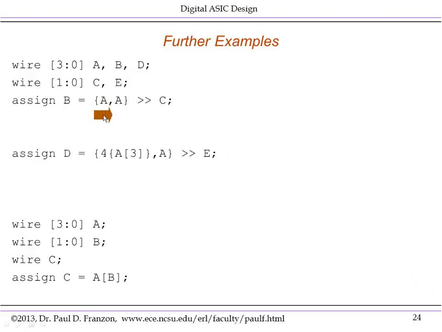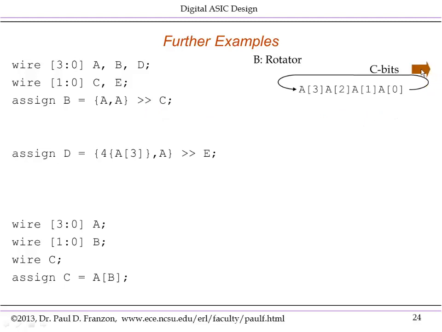First one here, B equals curly bracket AA shifted right C. You can see what we're doing here. The behavior on the right hand side is we're concatenating A with itself and shifting right C units. C will only be up to 4 because C is only 2 bits wide. So the question is here, what is the logical structure that we're specifying? And it's a rotator. What I mean by that is it's taking the value A and rotating it right C